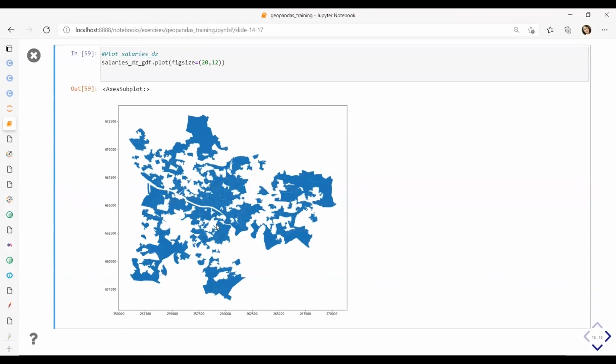So we do have a map now with some empty values. These empty values or empty spaces are the data zones which did not have any Adzuna job listing, so there is no average salary available for those data zones. So at the end, they just disappeared from the dataset because there are no values for them.